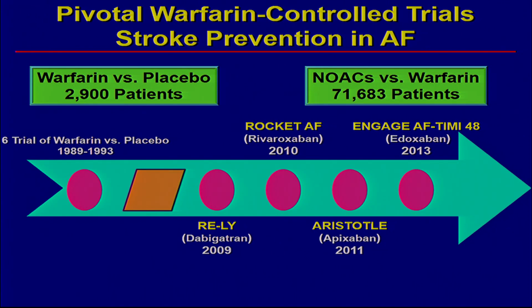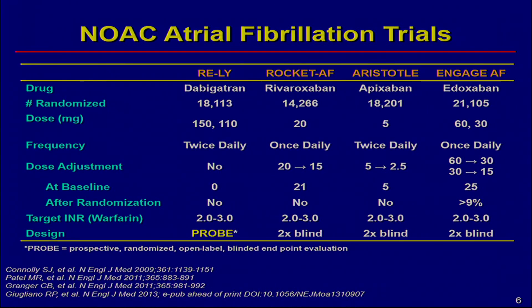And we'll highlight that there were 4 pivotal trials that ultimately led to approval for novel or direct anticoagulants for the treatment of atrial fibrillation risk reduction for stroke. And this involved over 70,000 patients in these studies. When you look at the different studies, they were quite large. They took a long time, but they also had some differences between the studies.